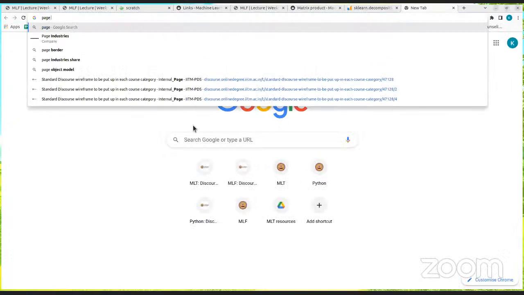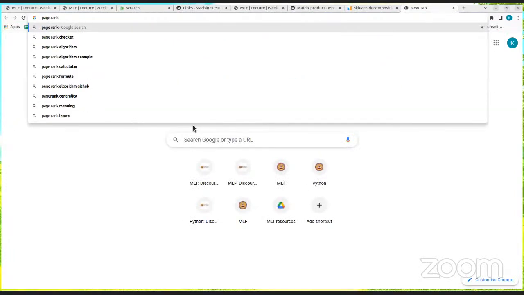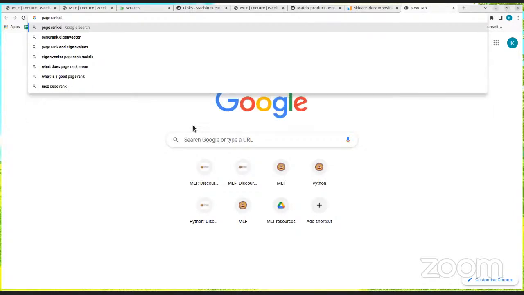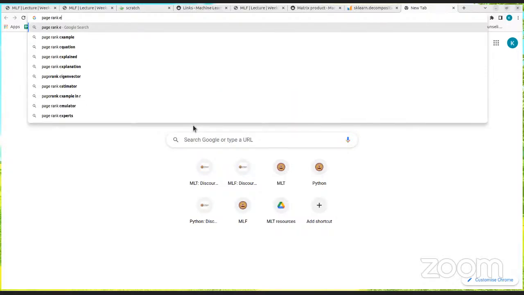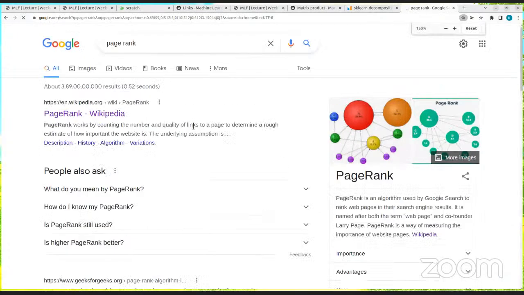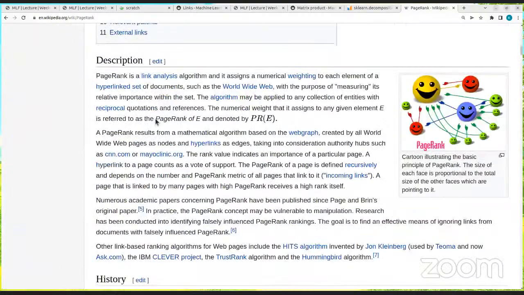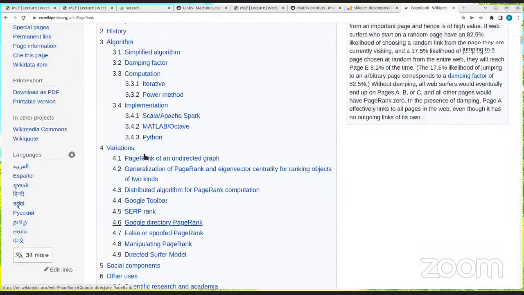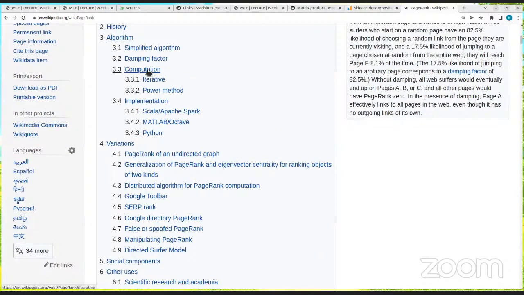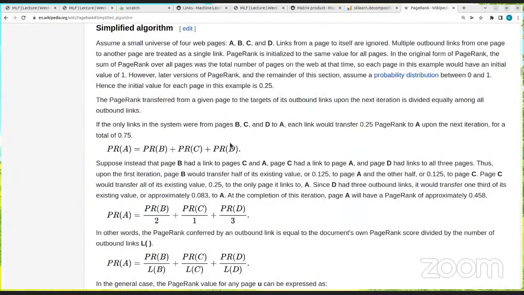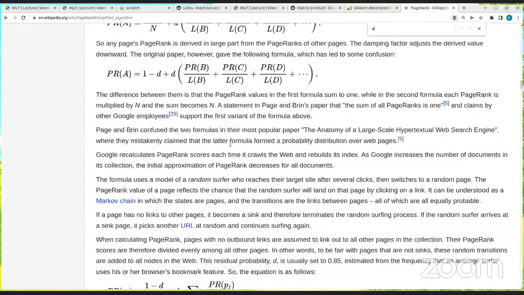So, for example, you can look at PageRank. Google's PageRank, Google's algorithm for ranking web pages, right? It uses this algorithm called PageRank, and if you look at it, PageRank tries to solve an eigenvalue problem. So I don't know if Wikipedia has the